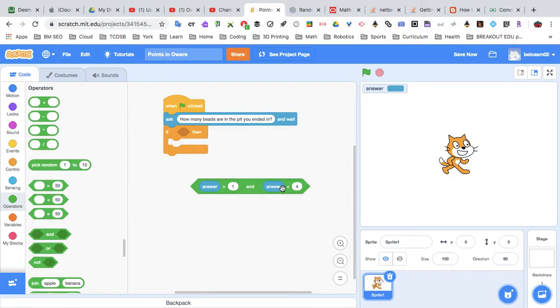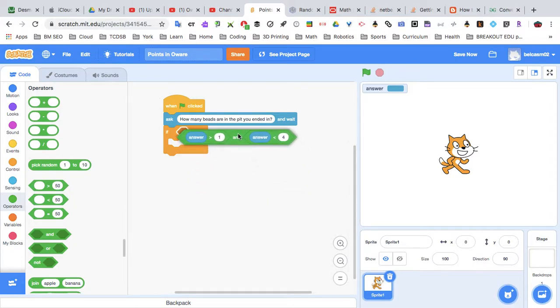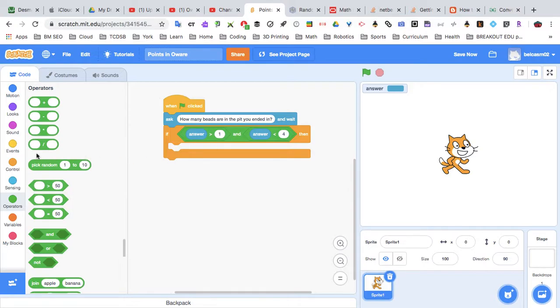which, if you run the logic here, numbers greater than 1 are 2, 3, 4, 5, 6. Numbers less than 4 are 3, 2, 1, 0, negative 1. But because they're telling you a between, we're looking for the numbers 2 and 3. If it is 2 or 3, then we'll have the program